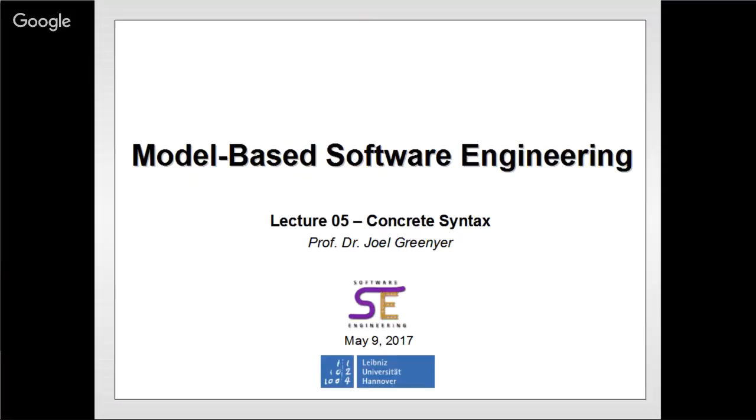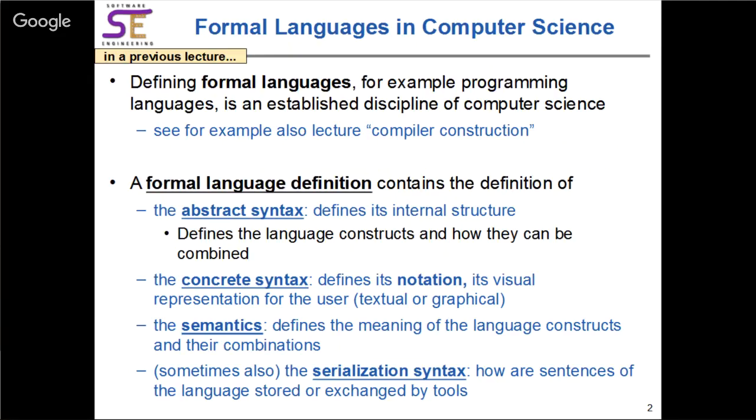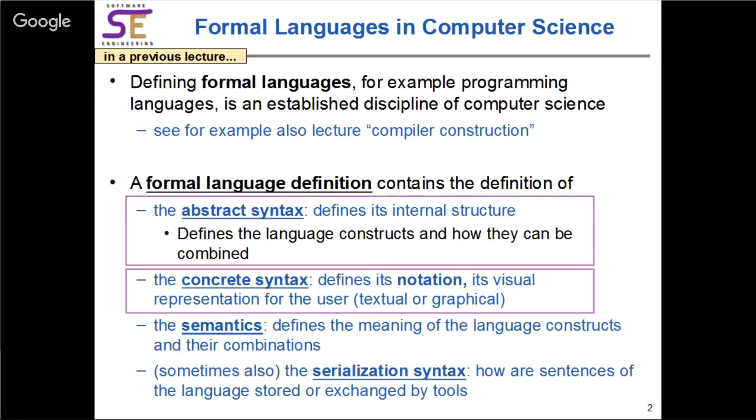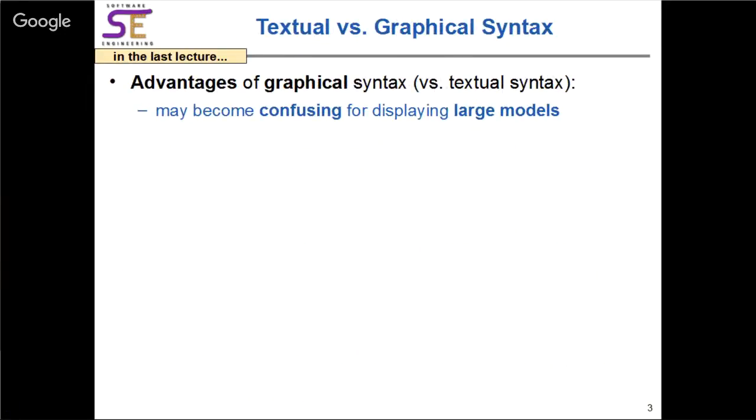So again, what is concrete syntax? Maybe recap some lectures ago. We said we want to define formal languages, and they consist of an abstract syntax, a concrete syntax, and semantics. Abstract syntax is what we have been defining by meta-modeling in the first lectures, and in the last lecture we talked about concrete syntax, that there can be graphical or textual concrete syntaxes, and what are the advantages and disadvantages of graphical versus textual